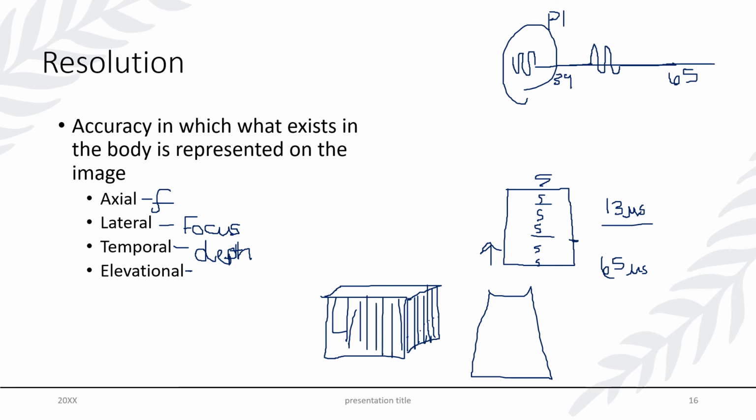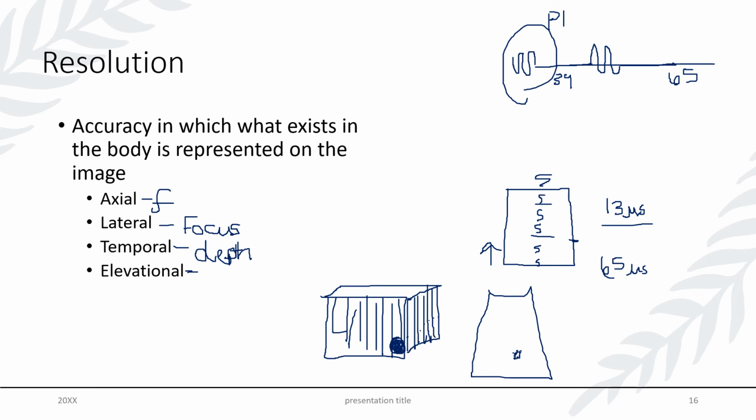Now, because we're doing that, for example, if I were to see an anechoic cystic structure, anechoic meaning having no echoes, and yet the depth of my probe allowed me to pick up liver as well, that liver feedback would be superimposed over my anechoic area, and we would call that elevational or thickness